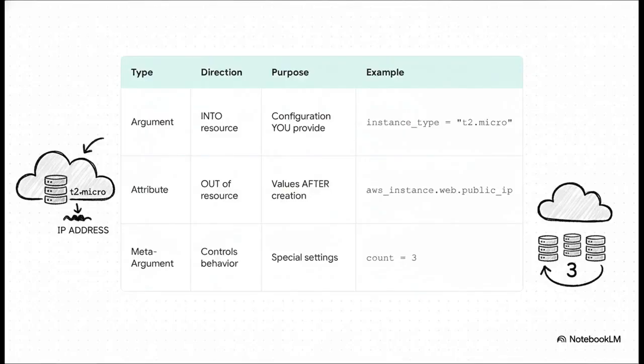So how do you actually talk to these resources? Well, it breaks down into 3 things. Arguments are the inputs. They're the settings you provide, like telling a server you want an instance type of t2.micro. Attributes are the outputs. They're values the resource gives back to you after it's created, like its public IP address. And then you have meta arguments, which control behavior, like telling Terraform, hey, I need you to create 3 of